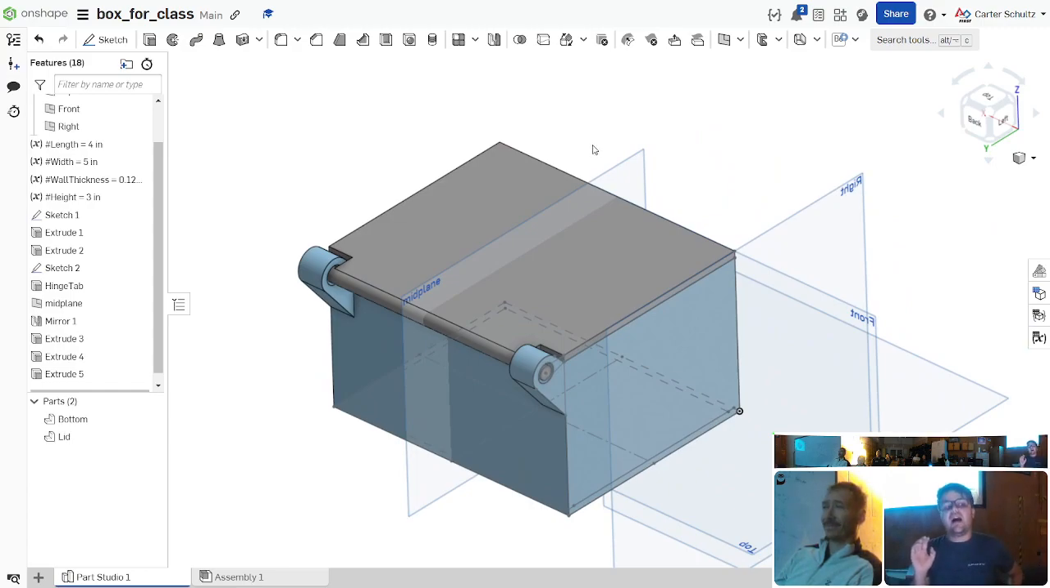So, we could do a lot of extra adjustments on this box for making the model better, but I'm actually going to take a pause from modeling here